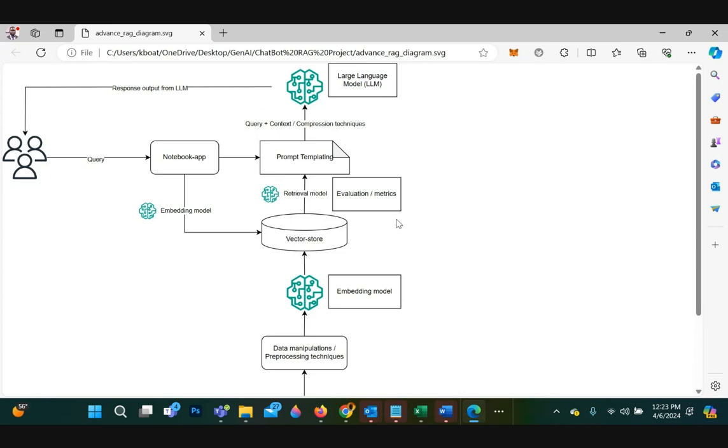So that can be done that way, even without a vector database and all this processing.